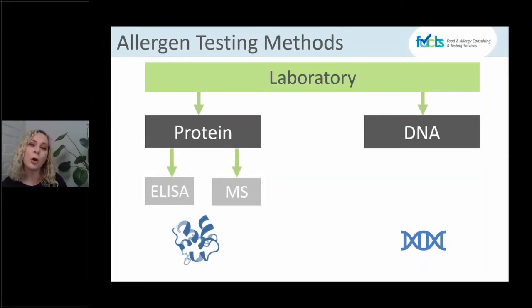So the two most prominent protein-based methods, or direct methods, are ELISA and mass spectrometry. These methods yield quantitative results. They're very sensitive and very specific. Previously, ELISA was the go-to method, but more and more mass spectrometry is gaining its space in the sun